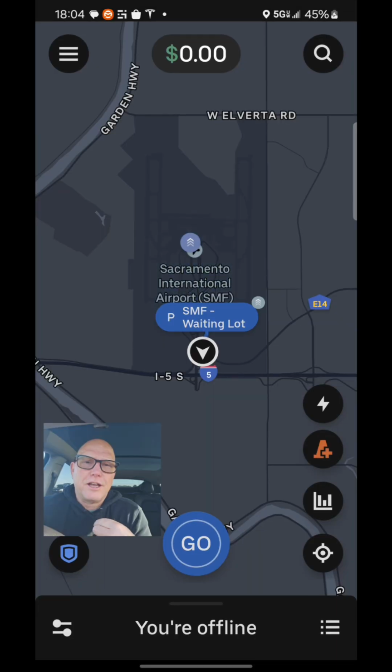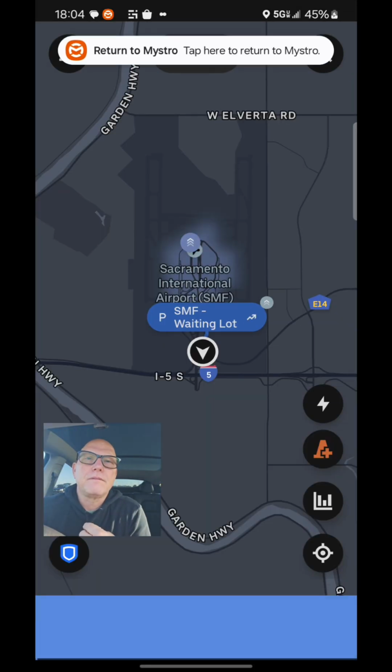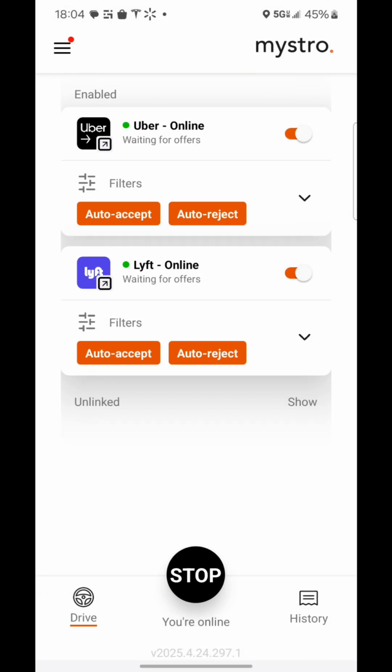Let's turn these things on. Lyft online. All right, we're in it to win it. Let's see how Uber goes. Online. Again, should be pretty active downtown, so that's kind of why my focus is in that red area,